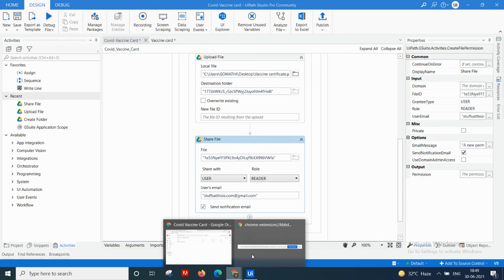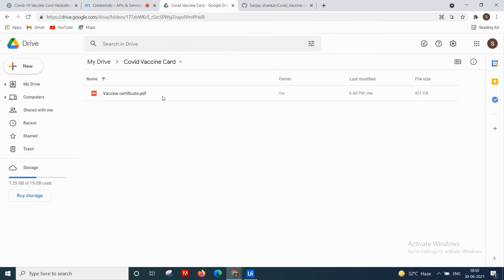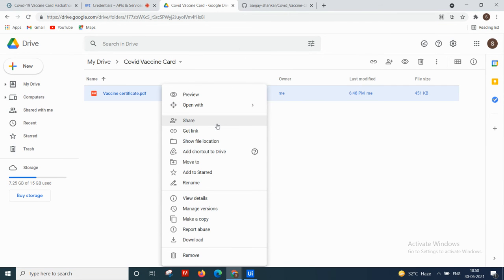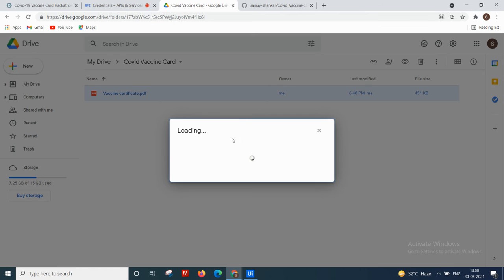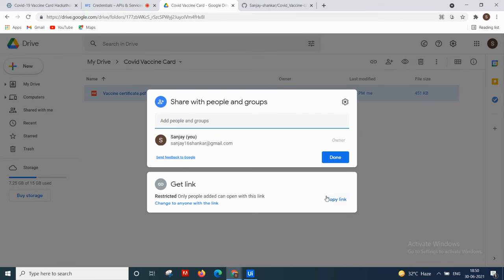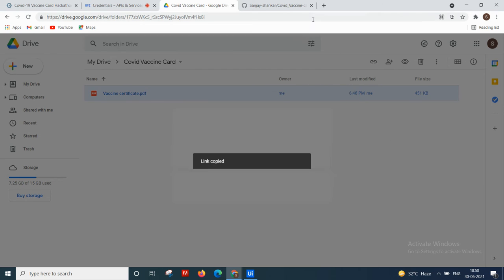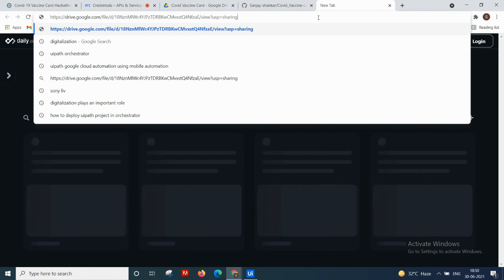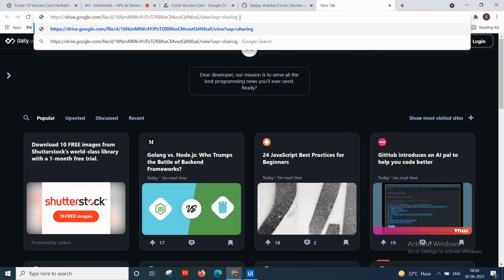To get the file ID, you can just get the share link. This is the link.